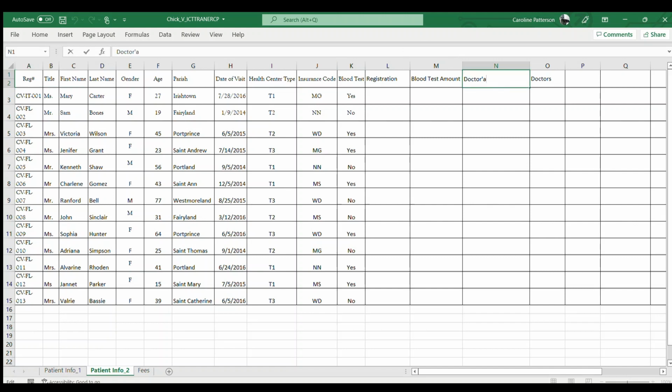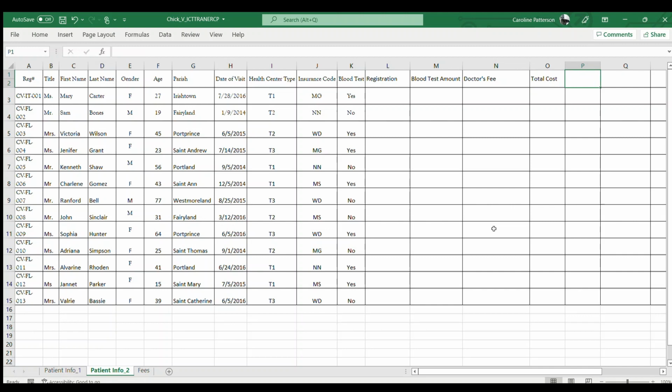All right, doctor's fee. And after that, according to the sheet, we're going to calculate, in addition to that, the total amount that will be charged for this visit. So we have the doctor's fee, and then we're going to calculate the total cost. All right, so we're going to put the heading total cost, and then we're going to put the insurance amount and the patient amount. So we're going to have total cost,